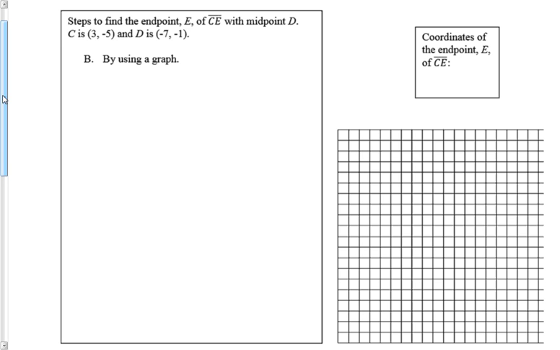What I know is I have a midpoint. This is my midpoint. The midpoint is at D. So I need to make sure that that is approximately in the middle of the grid. I'm going to estimate, I might go off the graph somewhere, which is okay. We can deal with that. I'm going to estimate the middle to be about here. And I'm going to go ahead and label that as D, my midpoint. And the coordinates of that are at -7,